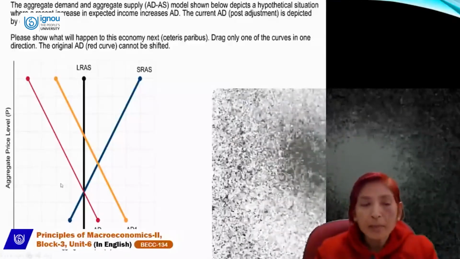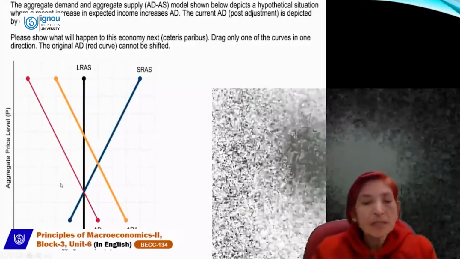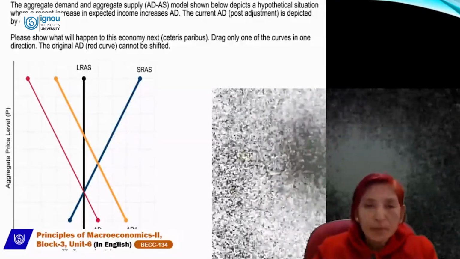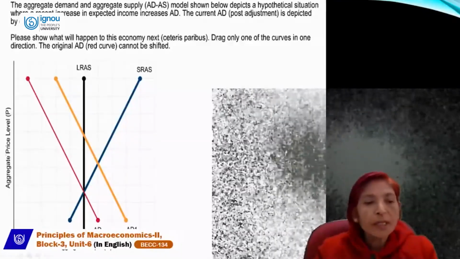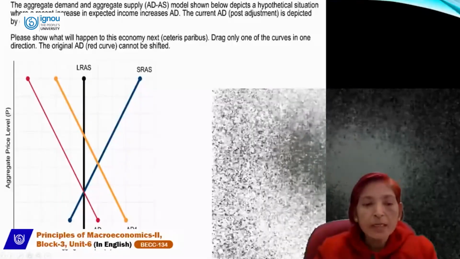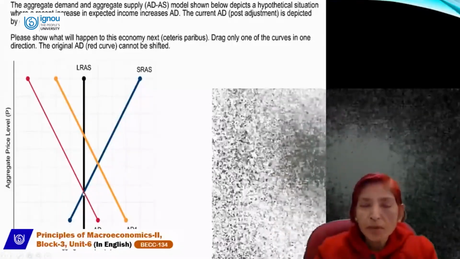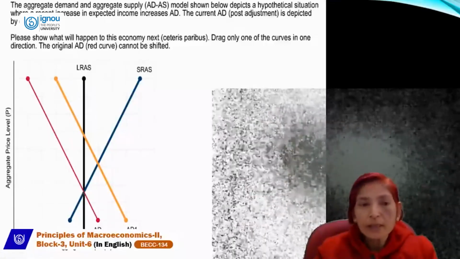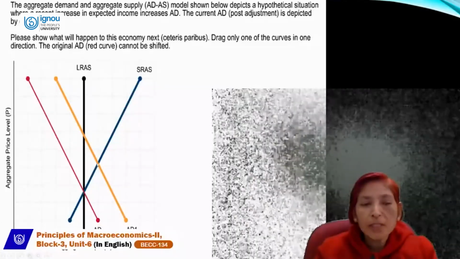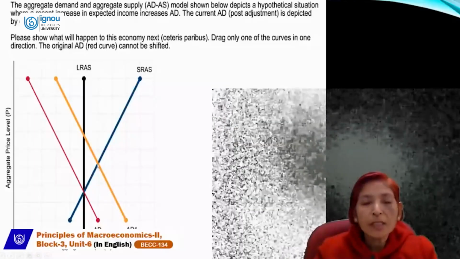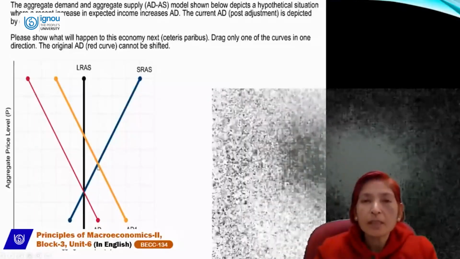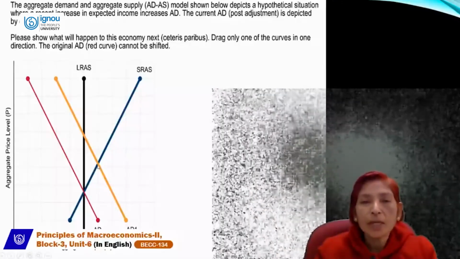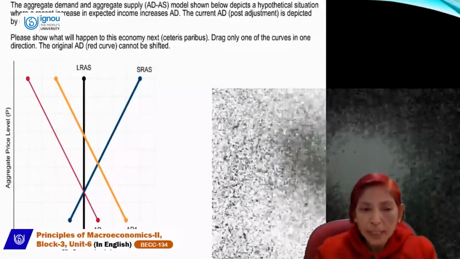And in this diagram, the LRAS curve is vertical, and aggregate supply is an upward-sloping curve. First AD curve is this AD. Here, this is the first equilibrium point. When the AD curve shifts to the right-hand side, the new equilibrium point will change. If we take this equilibrium point where AD and SRAS curve intersect each other, then equilibrium price will rise and quantity, or income, will also rise.